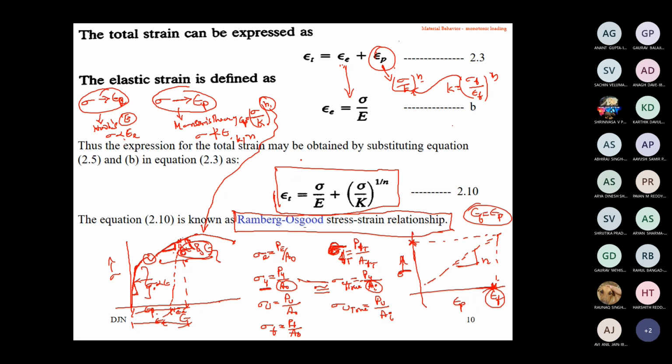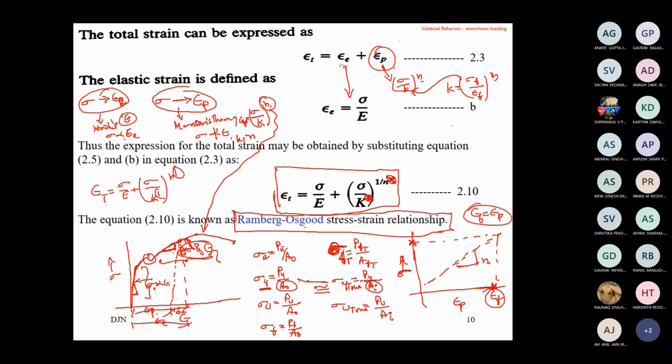Remember here, as I said, all these parameters you see, we have not written K dash and N dash at present. That means this equation is obtained from a monotonic load stress strain curve. Same static tensile test that you do in your strength of material lab, from the same test this equation has been coined. Then there is one more equation for the total strain: sigma by E plus sigma by K dash, whole to the power N dash.